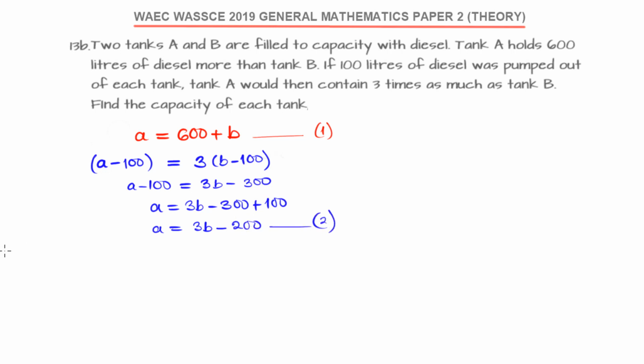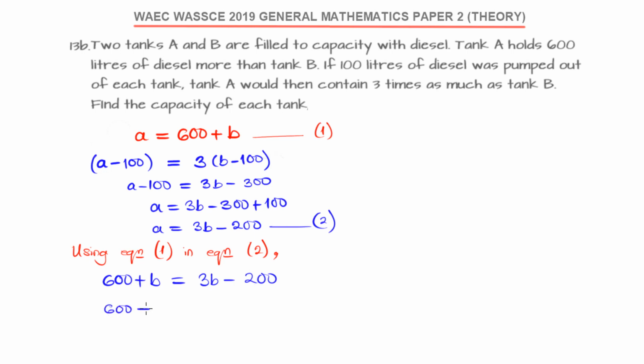So we have a set of simultaneous equations that we can solve, and we can use any method that is suitable for us. Easily, we can substitute 600 plus B for A in equation 2. Equation 1 is telling us that A is equal to 600 plus B. So instead of using A in equation 2, we can just say 600 plus B is equal to 3B minus 200. If you collect like terms, 600 plus 200, when 200 moves to the left-hand side, it becomes plus, is equal to 3B minus B. When B moves to the right-hand side, that becomes minus. So that will give us